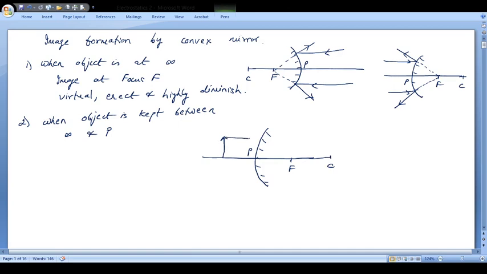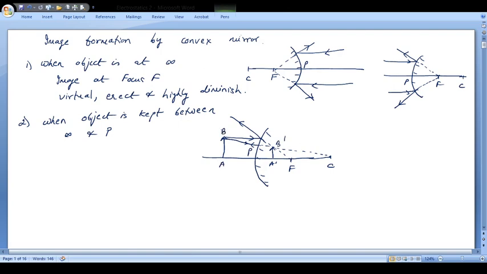One ray parallel to the axis will appear as if it is going to pass through the focus, and therefore this is going to be this ray. Now another ray which will be passing through C will get retraced by C. So first I am going to draw a line like this. This is C, and from here I will join this point to this point. So a ray coming towards the C will get reflected, and this point of intersection, A dash B dash, is the image.